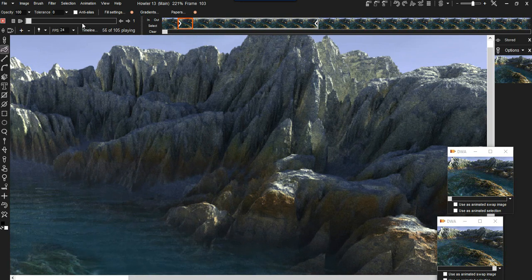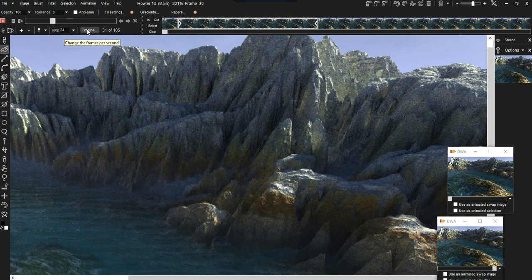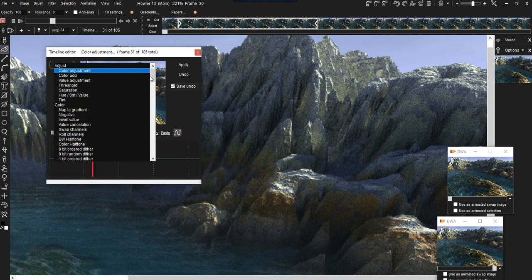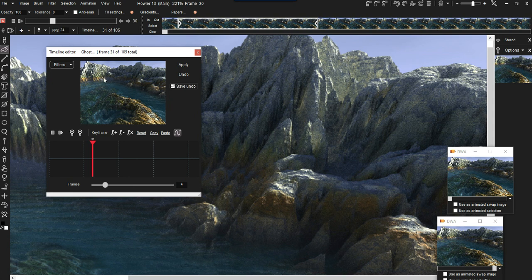So one thing we'll do is we'll simply go to the timeline. Let's stop that. Let's go to the timeline. And with the timeline editor, there's a bunch of filters that are keyframeable. What I'm going to do is go down to the animated group at the very bottom, and you see the ghosting filter. With the ghosting filter, essentially, it's going to let you say how many frames you want to ghost, right? And that's something you usually use when you have an object where you want to show some sort of ghosting, like a motion blur based on its path or its movement from frame to frame,